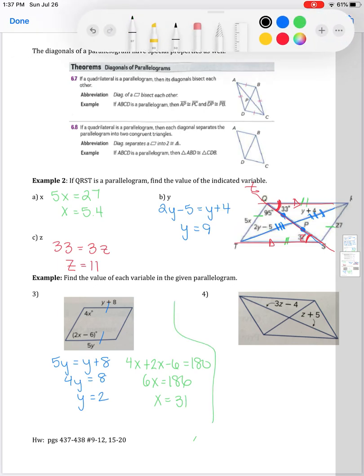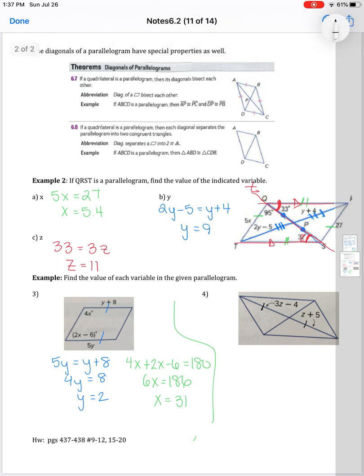All right, two more on the bottom here. So we have a parallelogram. Let's find the missing stuff. Step 1, opposite sides are congruent. So set those two equal. 4y equals 8, so y is 2. In terms of x, we know consecutive angles are supplementary. So 4x plus 2x minus 6 equals 180. So 6x equals 186, which means x is equal to 31 for that. All right, last one. We know the diagonals bisect